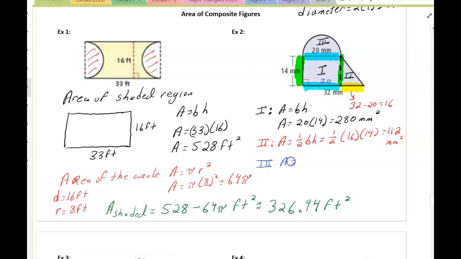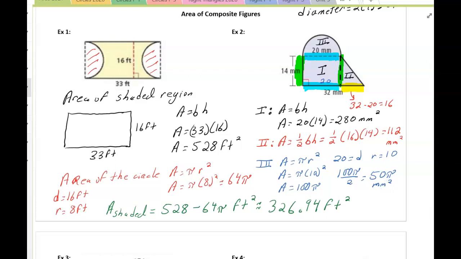So the area of a circle is pi r squared. The 20 is equal to the diameter, which makes the radius 10. So the area of the circle is pi times 10 squared, which is going to be 100 pi. But there's a second step because that's not a full circle. So now we need to take that 100 pi and divide by 2 to get 50 pi millimeters squared for